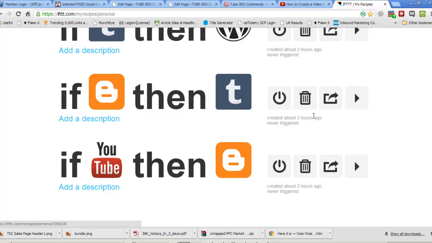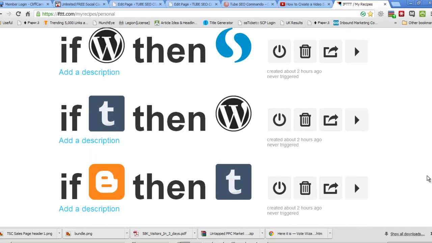This is using the IFTTT system. Okay, we're just leveraging their system. That's what their system does. It syndicates the content for us. Okay, so this Tumblr post will have a link going back to Blogger, plus it will have the embedded link from